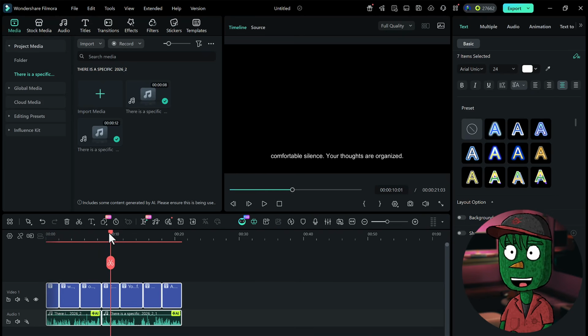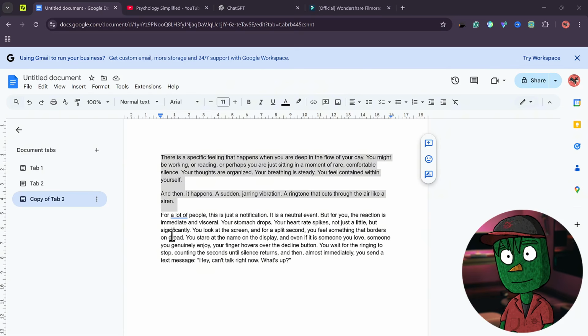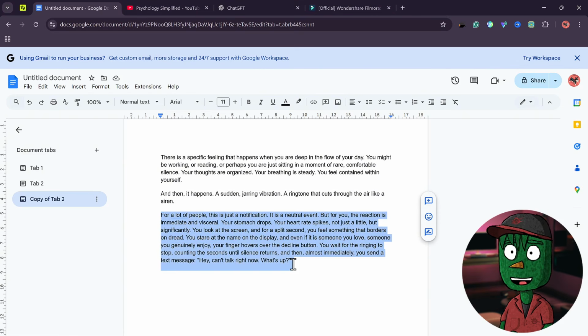It sounds very nice, so we are going to still repeat this step and generate all the voiceover. Okay, so now go back to your script and then copy the next paragraph just like this, and then come